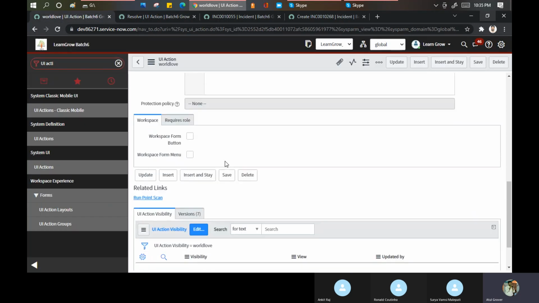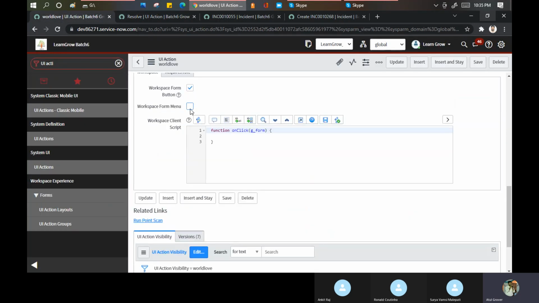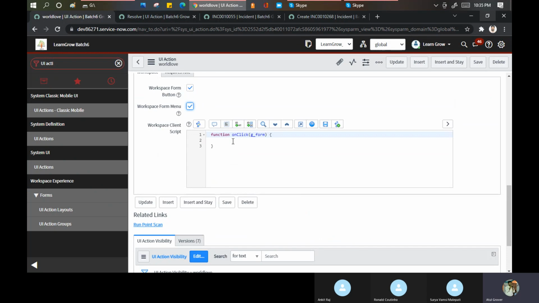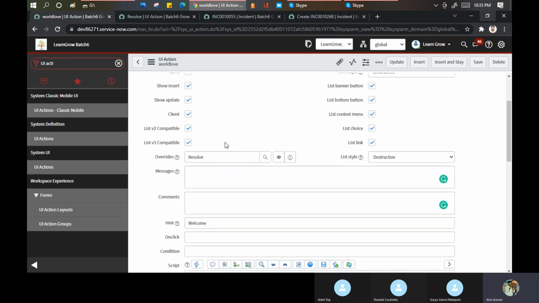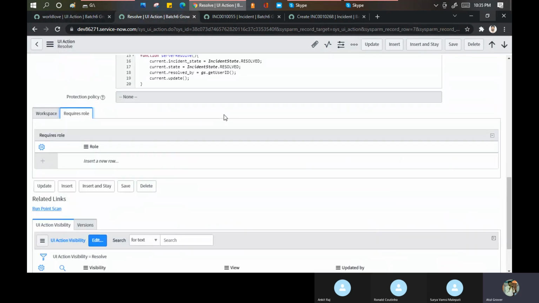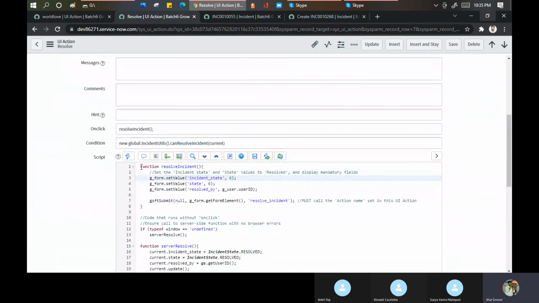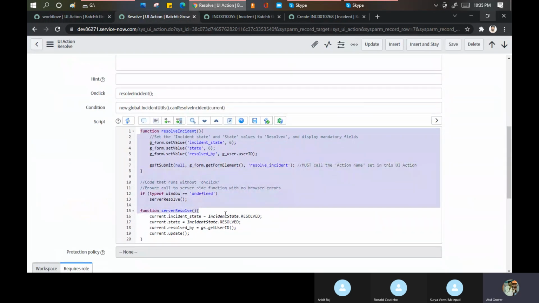So this is the way you can do your work on the UI action. There is not much I can teach you here because it is completely on the scripting side. If you see here, reading this code we can still understand what is happening, because it is easy, we use this code day in, day out.